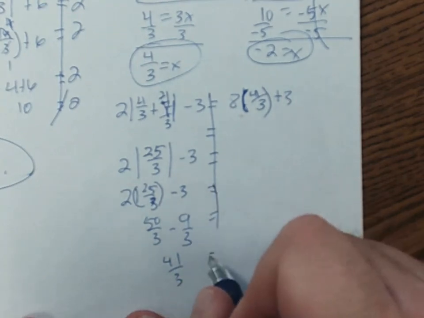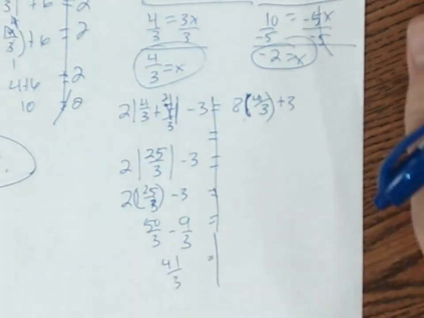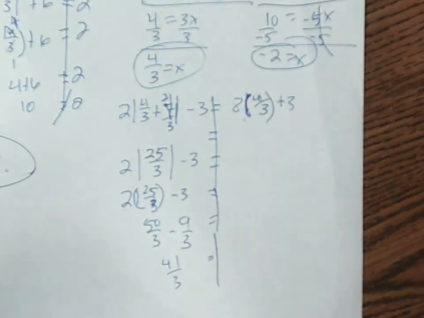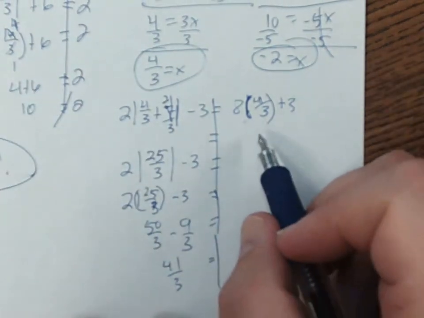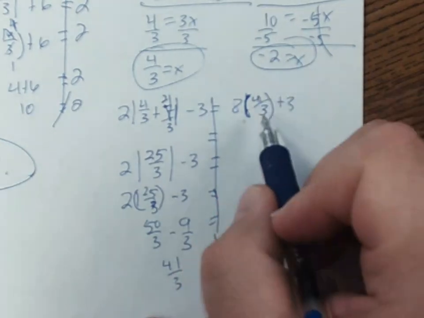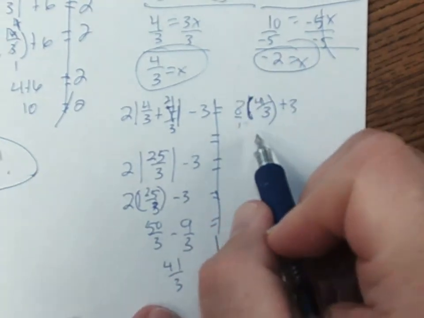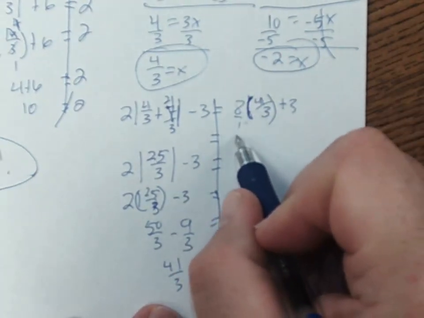We will see what happens on the other side. And I'm also concerned that I have run out of room to be able to check the other number. It's okay, I'll do it on the back. On the right side, we have 8 times 4/3. That's 8 over 1 times 4/3. That would be